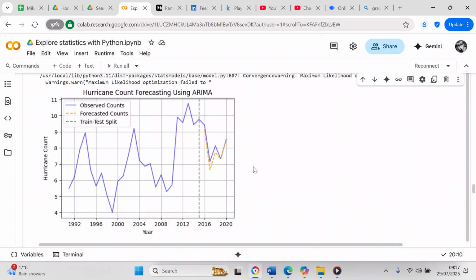And so now what we've got is the hurricane count forecasting using ARIMA. The blue is the observed counts, the orange is the forecasted counts, and the gray is the split between the observed counts and the forecasted counts. And as you can see on the right hand side, the forecasted counts are very similar to the observed counts,